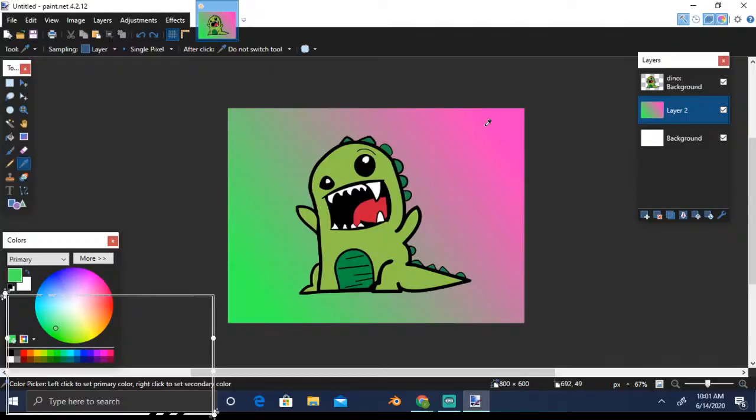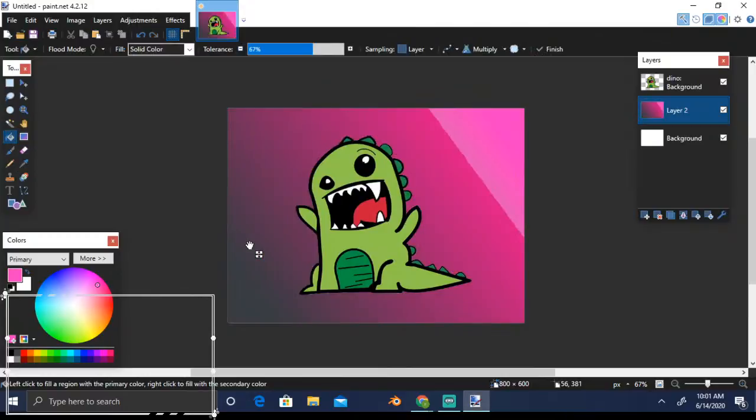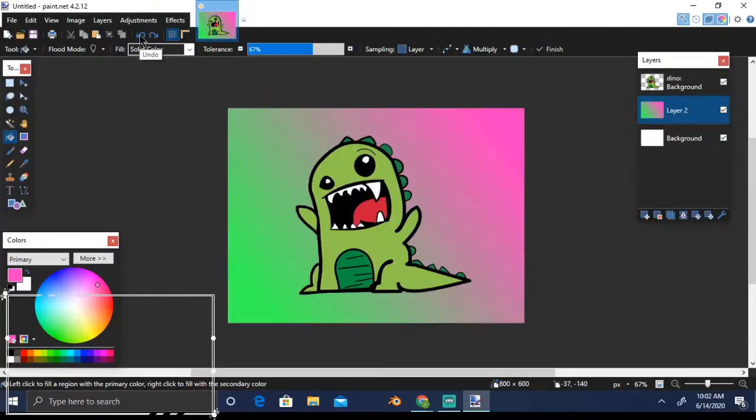Here now I'll click on this violet thing, and here it has changed to violet, and then you can always go ahead and just apply that color there, right? Since it's a gradient, it has taken a different color. If it would have been a solid color, this color would have been taken. Okay, so let me undo that. I don't want to do this one.